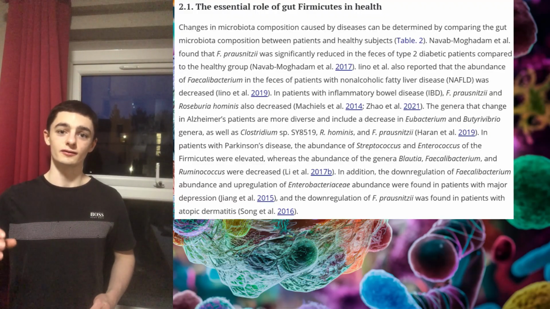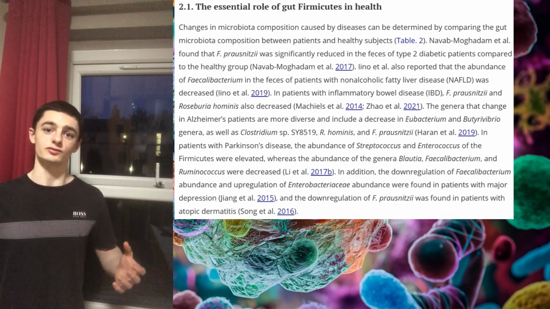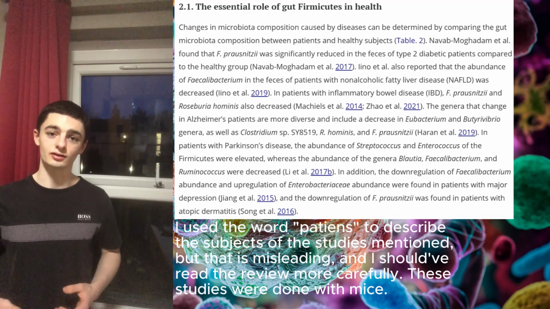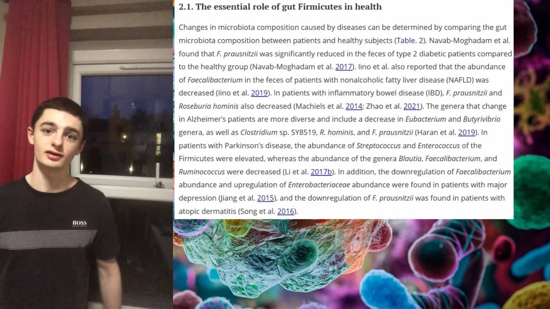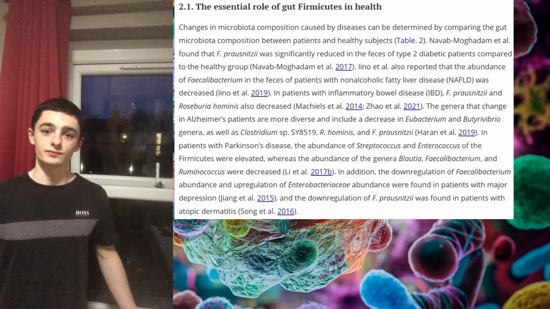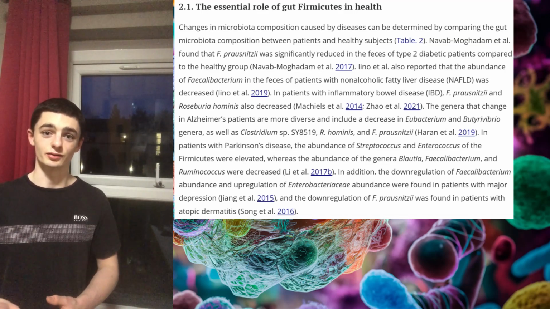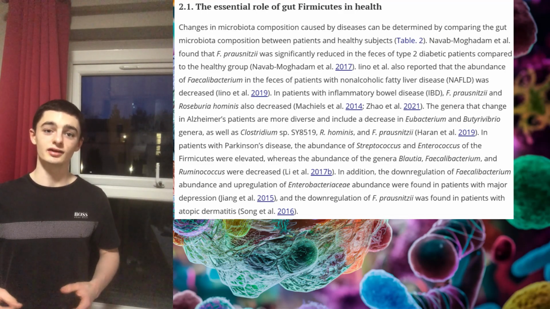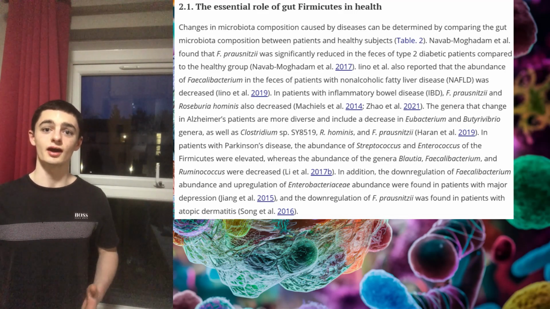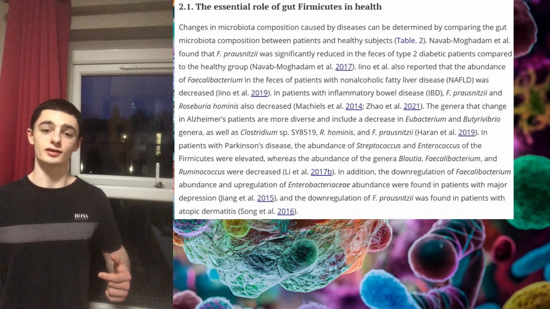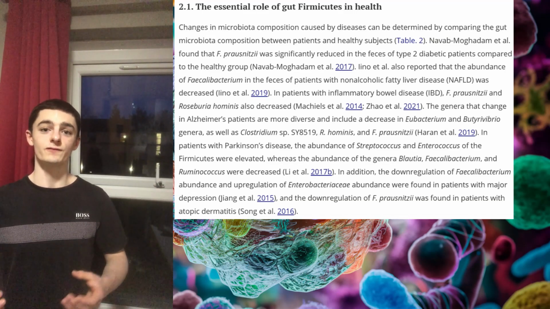So let's get into it. They found that there was a decreased abundance of Faecalibacterium in patients with type 2 diabetes, non-alcoholic fatty liver disease, and inflammatory bowel syndrome, compared with healthy individuals. Another thing they found was that patients with Alzheimer's had an increase in the genus of bacterium known as Streptococcus and Enterococcus, and they had a decrease in the abundance of genera of bacteria, namely Faecalibacterium